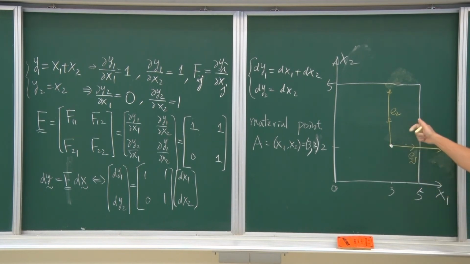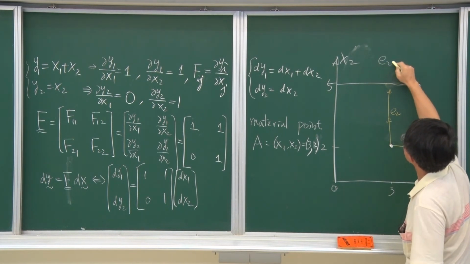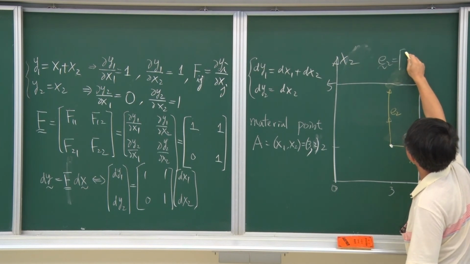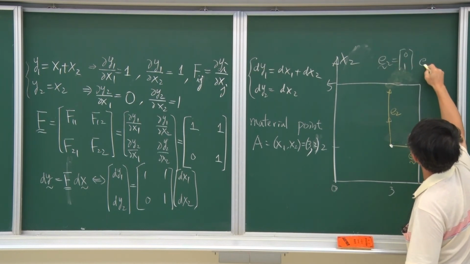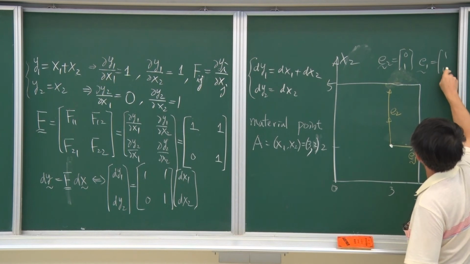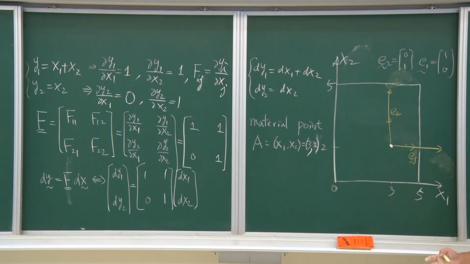We just use two bases, E2 and E1, and then you understand what they are. We introduce a local coordinate，就是局部的一个坐标，跟这个不一样。